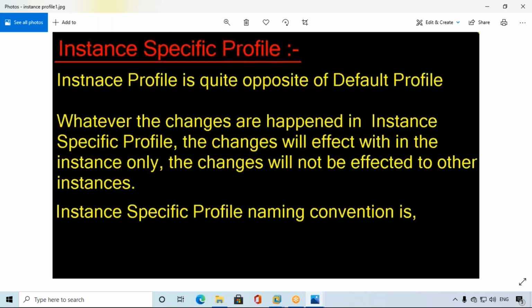The changes will not affect other instances, which means the entire system is not affected. That is the instance profile.